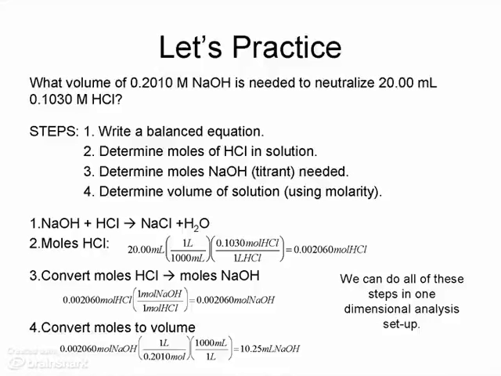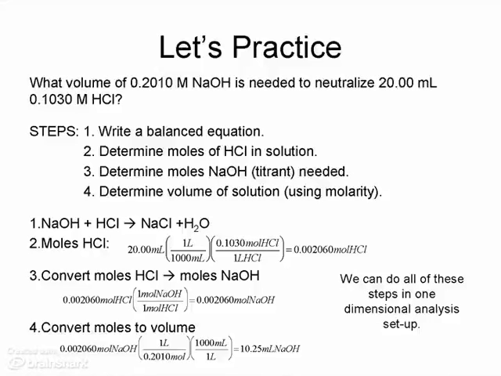So 0.1030 moles of HCl per 1 liter. And we get 0.002060 moles of HCl. Now we can convert moles of HCl to moles of sodium hydroxide. So we know that we have a 1-to-1 mole ratio of sodium hydroxide to HCl, since we have that from the equation. So 0.002060 moles HCl times 1 mole NaOH per mole HCl, and we get